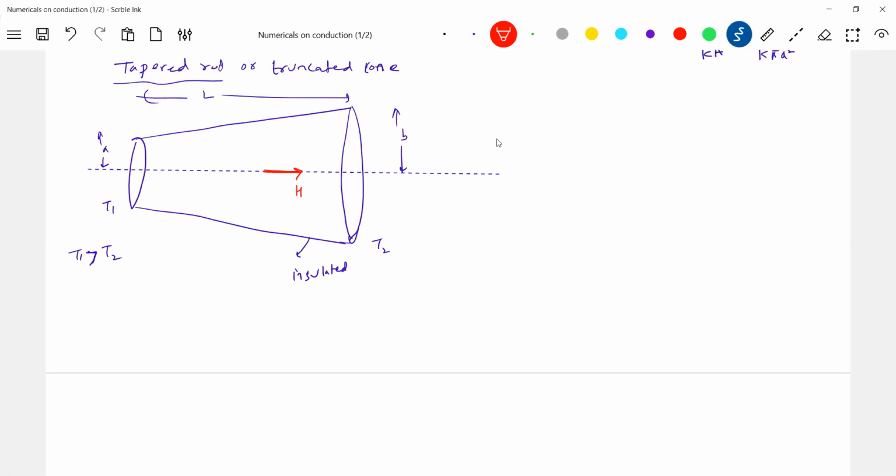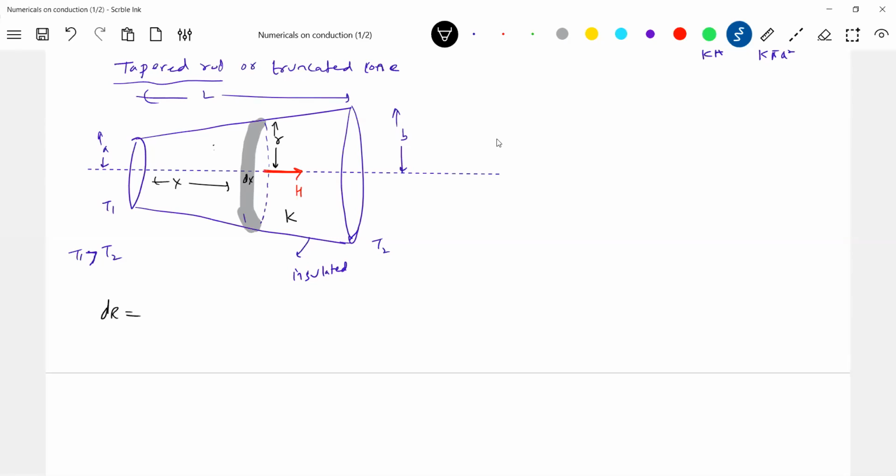Then how do we choose the elemental structure? We should assume the elemental structure in such a way that the heat current is directed perpendicular to the disk. So this is dx, which we take at a distance x. Let r be the radius of this disk, and K the thermal conductivity. Now, what is the resistance of that elemental disk first?